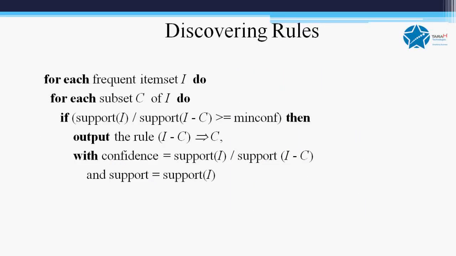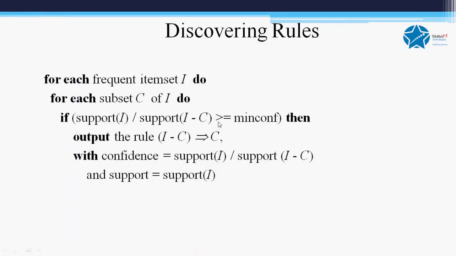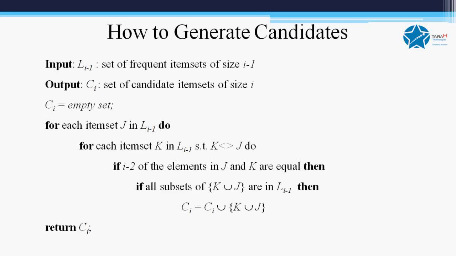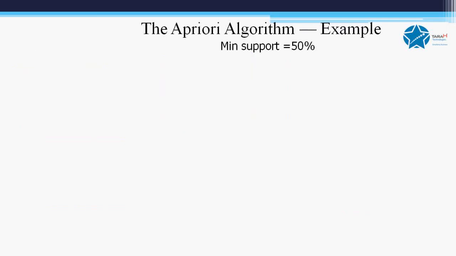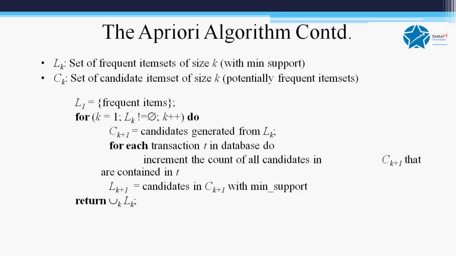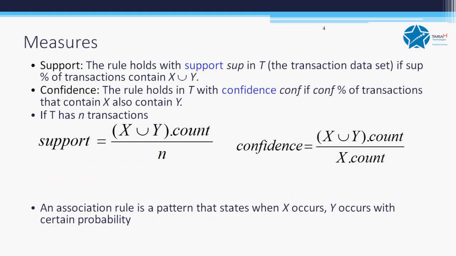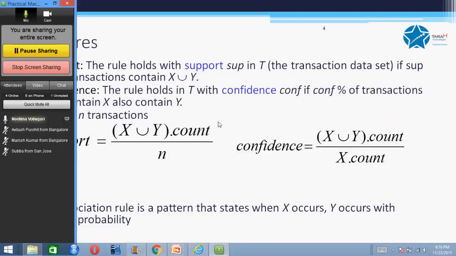There are several variations of this basic algorithm for finding association rules which have been discovered in the context of databases. The key thing to mention here is that typically the confidence is supposed to be very high, and support is usually not that high, because we are trying to find rare